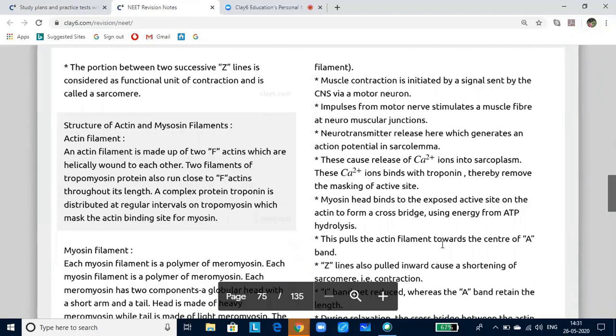The oxygen-carrying iron protein pigment of muscle is called myoglobin, and it has only one heme group. Contractile proteins: the protein part of the muscles can be divided into myofibrillar proteins, which make up about 50 to 55% of the total, and they are responsible for the actual contraction of the muscles. The major proteins are myosin, actin, tropomyosin, and troponin.